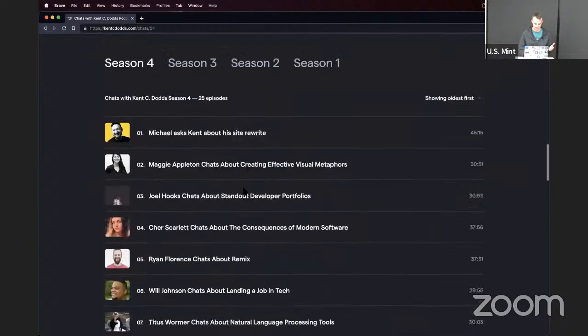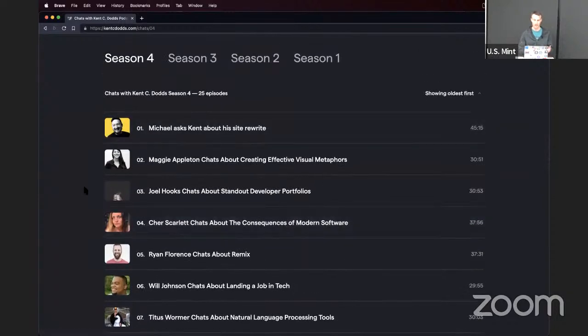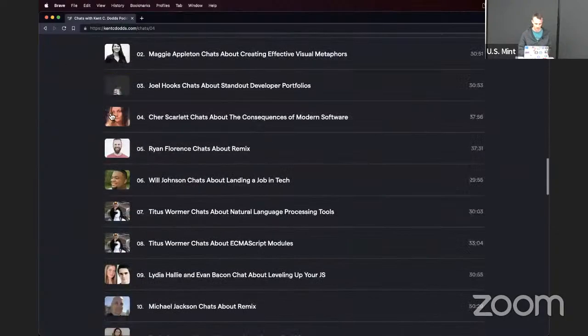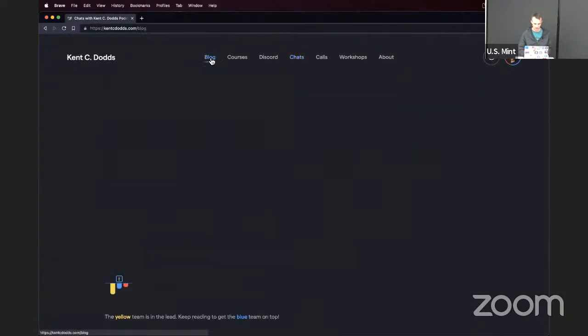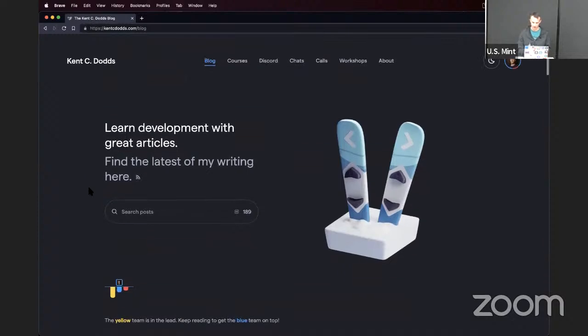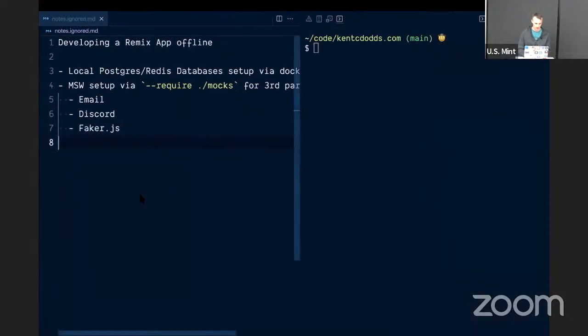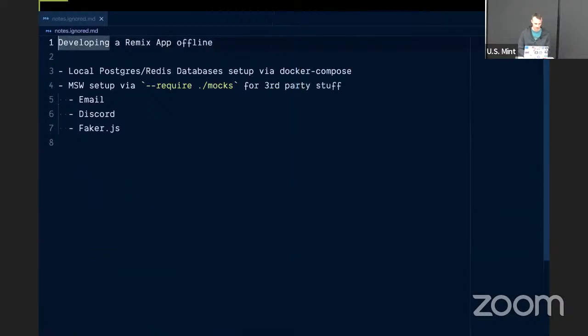The one thing that doesn't is images. Those will not work offline. You'll just get a little box. And I figured that's an acceptable trade-off, so I don't have to have these images on my machine. Those are coming from, well, this one's actually coming from Simplecast. My blog posts, these are all coming from Cloudinary. So anyway, I want to show you how I got that set up because I think it's pretty cool. Let me just look at my notes here.